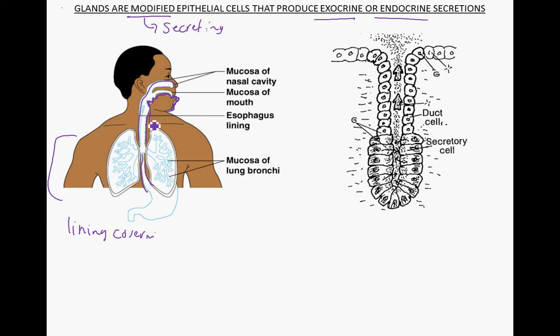So again, you have this outside, and then it's going to have this infolding that goes in. Here's the infolding, here's the infolding. This is the outside world, and this is still in connection with the outside world right there. The cells that are lining here are epithelium. The cells that are covering here on the outside are also epithelium. So that concept then gets applied at the microscopic level over here